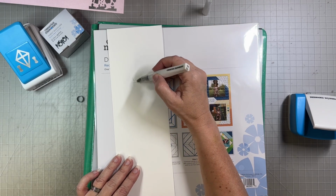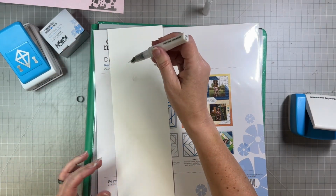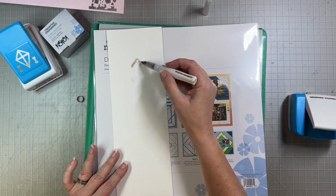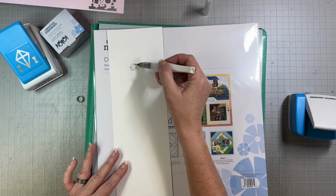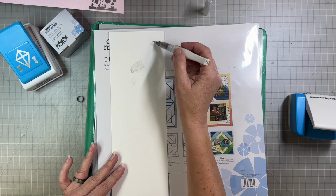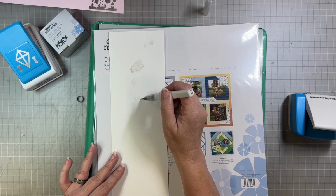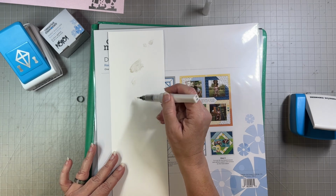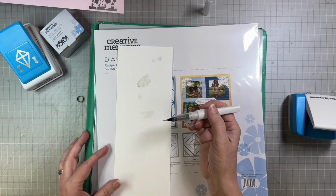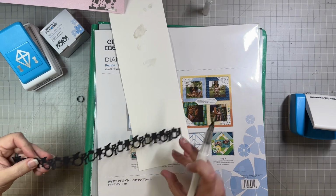And of course I picked the clear one. We also have a gold and a silver, but this is the clear one. All right, I've squeezed too much. So use a little scrap paper to get it going. And then you can also take some ink from there and brush on it. But then once you've gotten it going, don't squeeze very much and you can just brush, and it gives a little accent. If you have die cuts or things that you want to add a little extra color to,